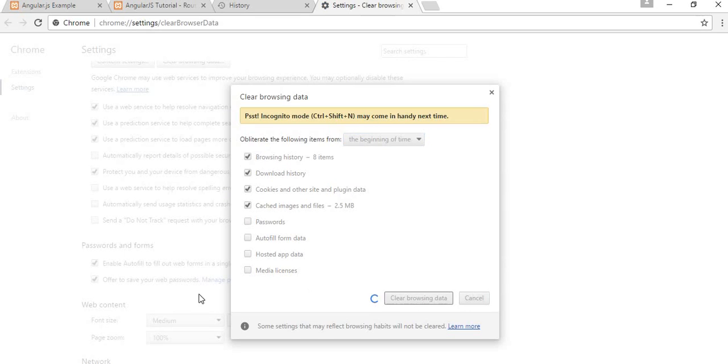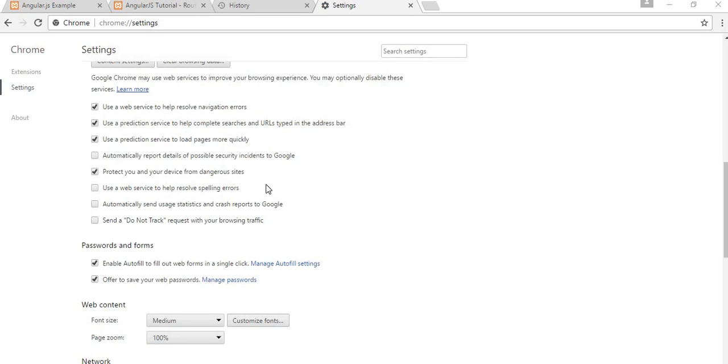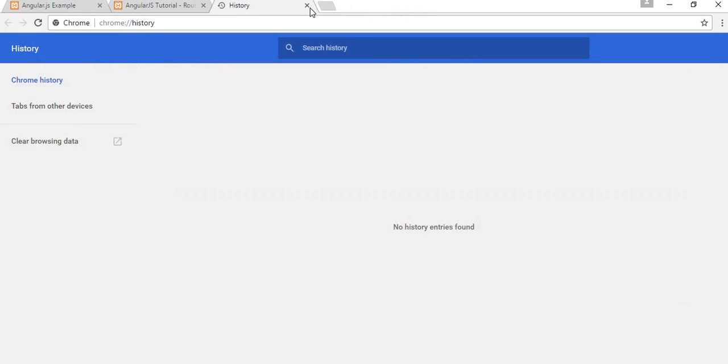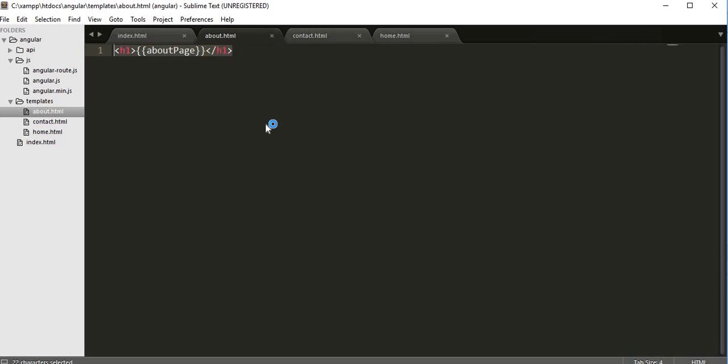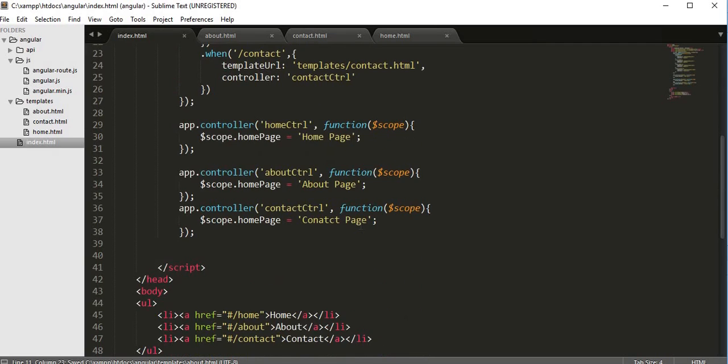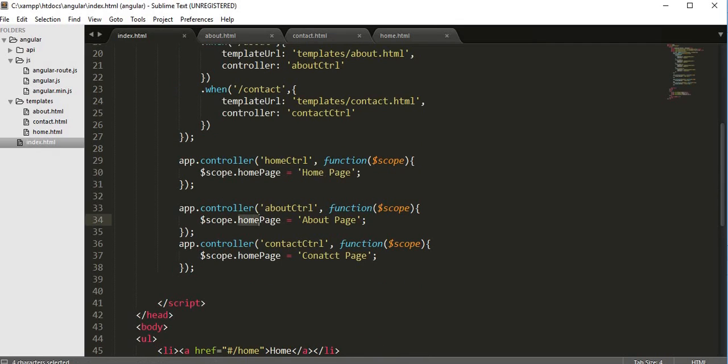Okay, click on browsing data. Now I refresh the page, and if I click on about, it's not showing. Okay, home page, about. Here I have not changed this about